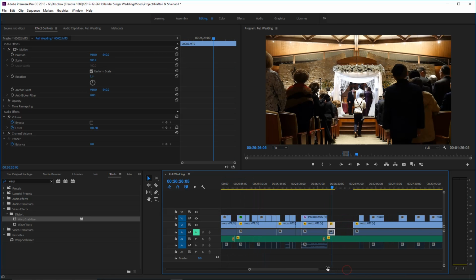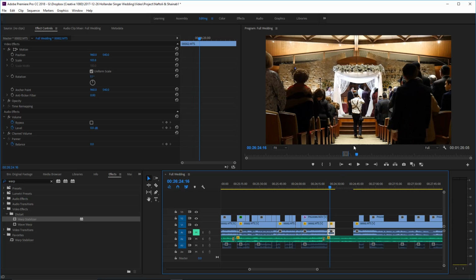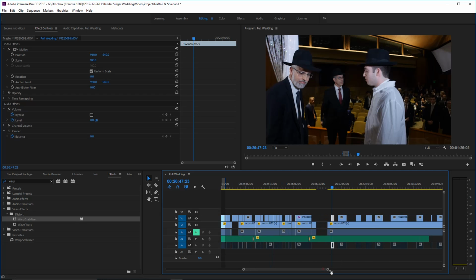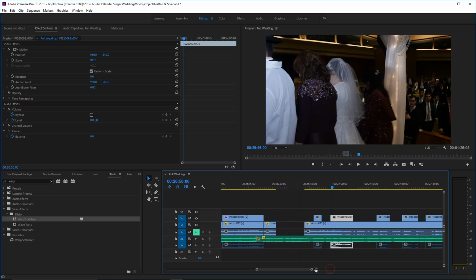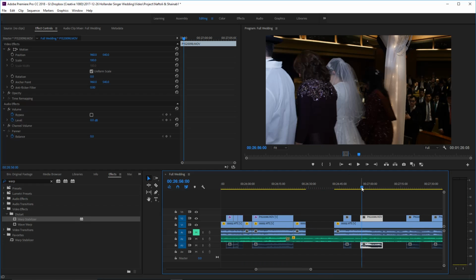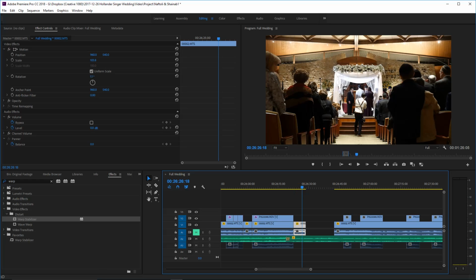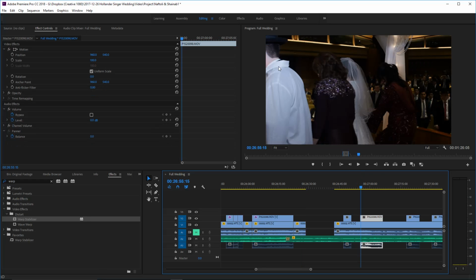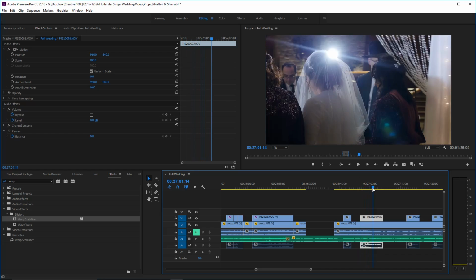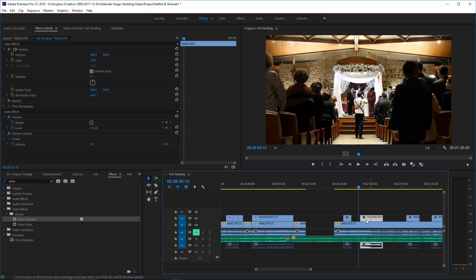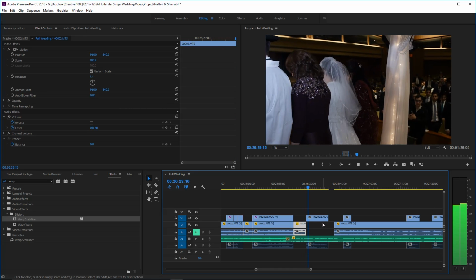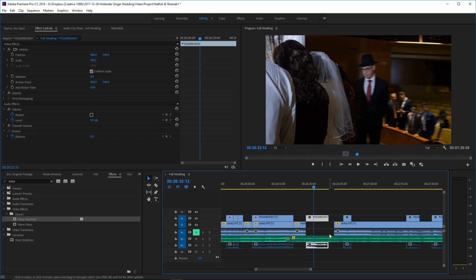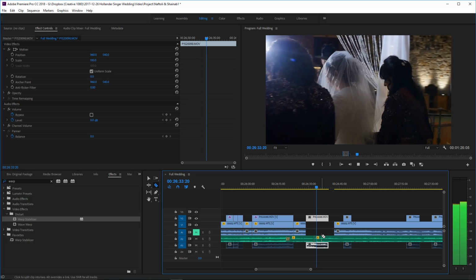So, right, we have them starting to go around. And we just want to make sure that clips line up. So over here, they're just beginning to go around the right side. So it makes no difference now what order I put these clips in, as long as they all add up. So remember, the groom is facing away and they're coming around the right side. So over here, he's facing that way and they're coming around the right side. So that works as a first shot, and I don't have to use this entire shot here.